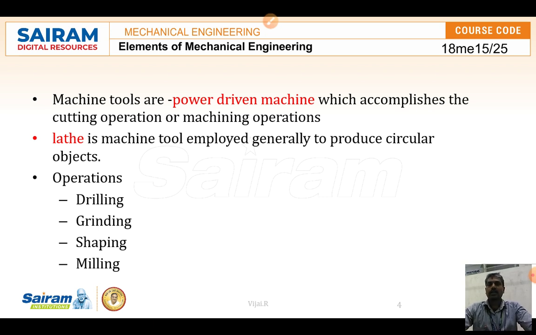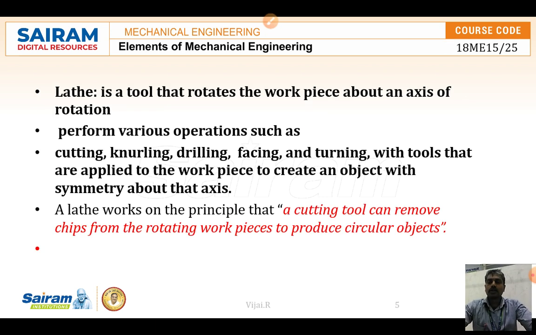These machines operate with the help of electrical power, so that it is helpful to produce the components in an easier manner by reducing the manual workload. Here we come to one main important machine tool, the lathe.